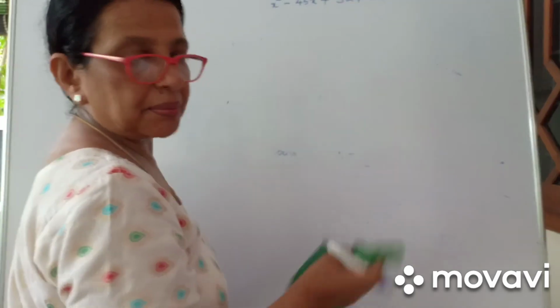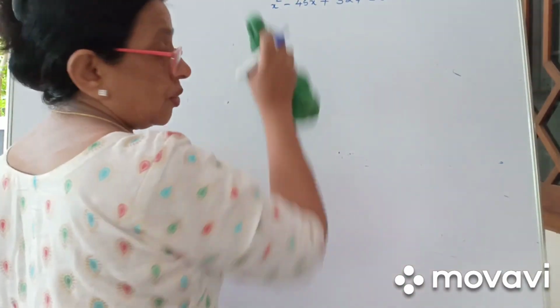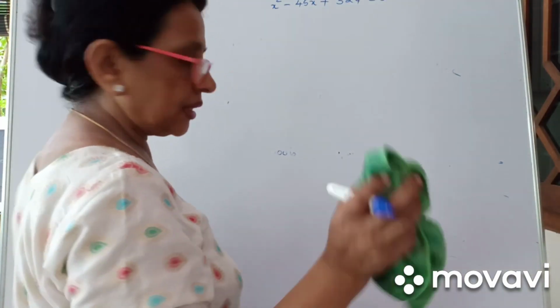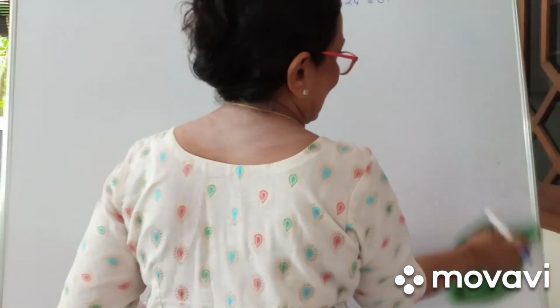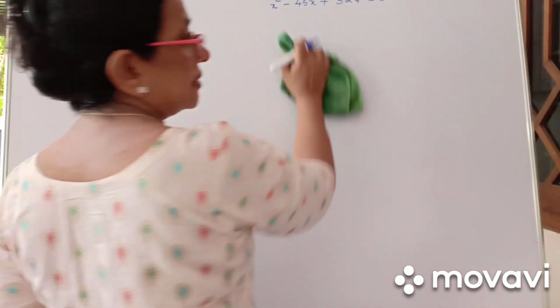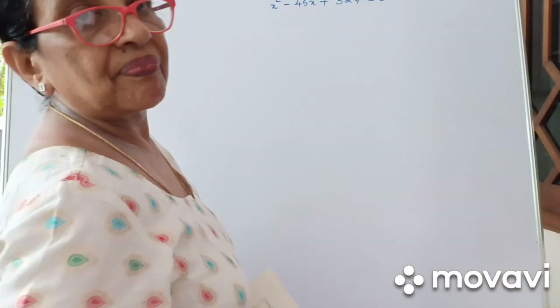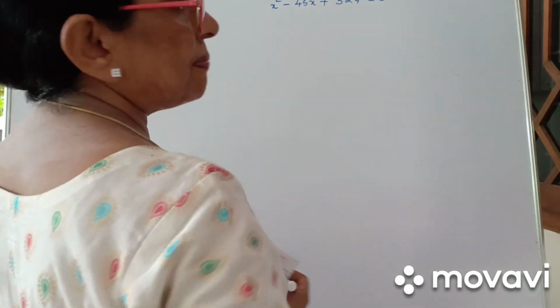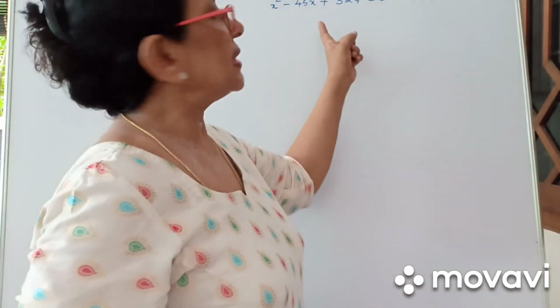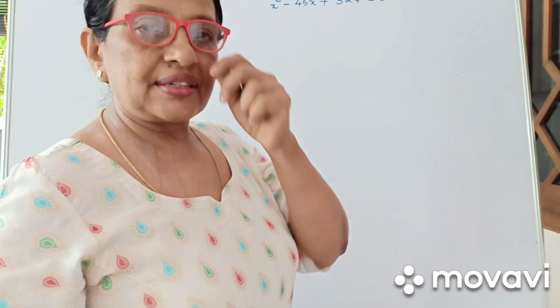This is a very easy method because once you know the formula and the values of A, B, C, you can just substitute and do it. But it will take time. If you have big numbers, it will take more time to do the squares and all that. So the easiest and simplest method is the factorization method,